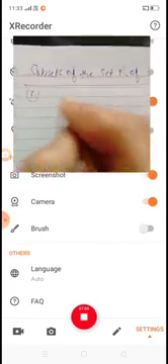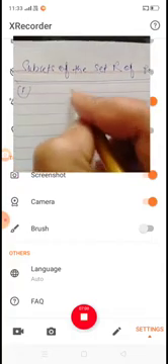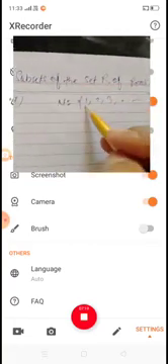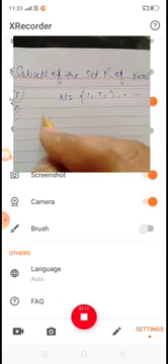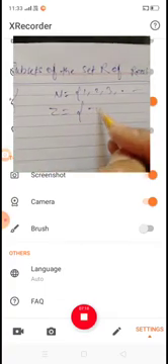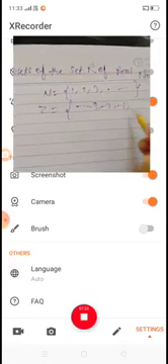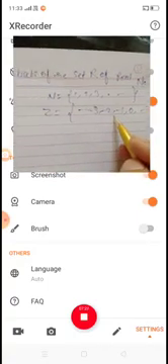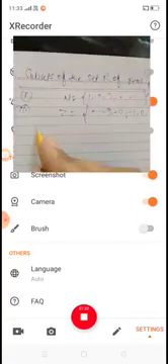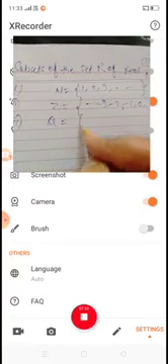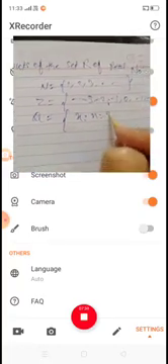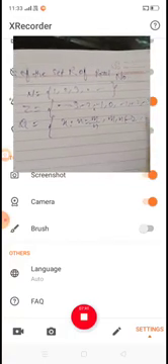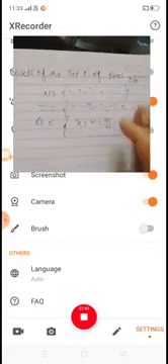First one, the set of all natural numbers N, that is 1, 2, 3 and so on. Second one, the set of all integers, like minus 3, minus 2, minus 1, 0, 1, 2 and so on. Then the set of all rational numbers, the set of all x such that x is equal to m by n, where m and n belong to the integers and n is not equal to 0.